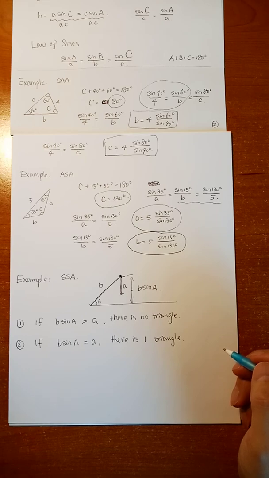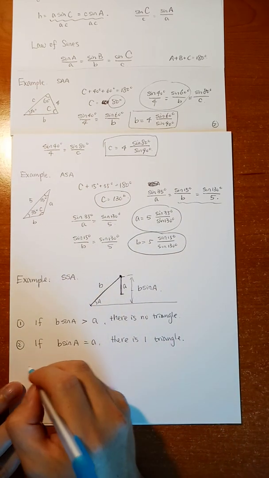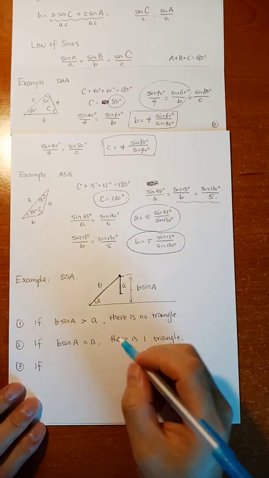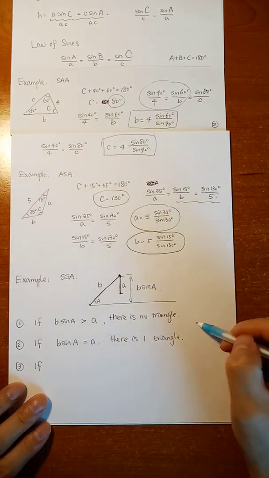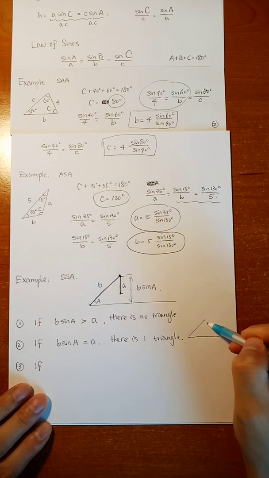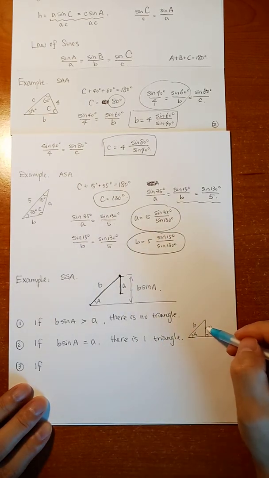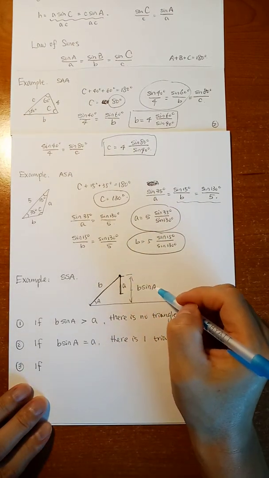Okay? And this one is like this. That's exactly A. If your side A is longer than this B times sine A,